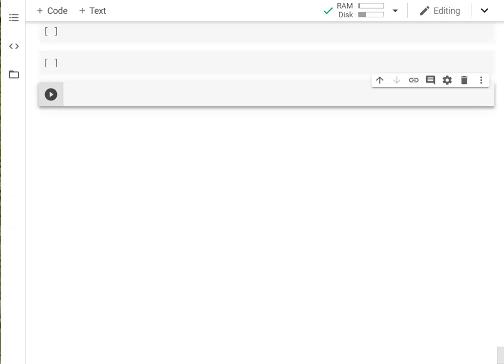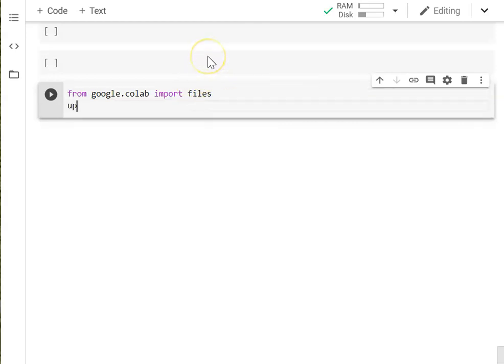So in this video, we're going to download our data and prepare it ready for plotting. So, usual way, we're going to use our files command from Google Colab. So from google.colab, we're going to import files using our normal variable name, uploaded equals files dot